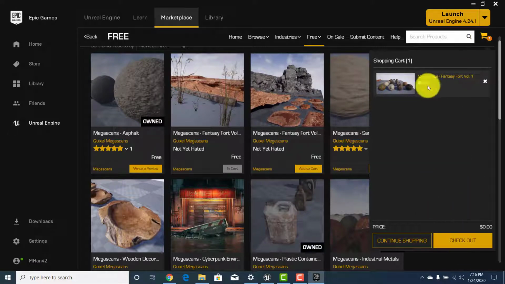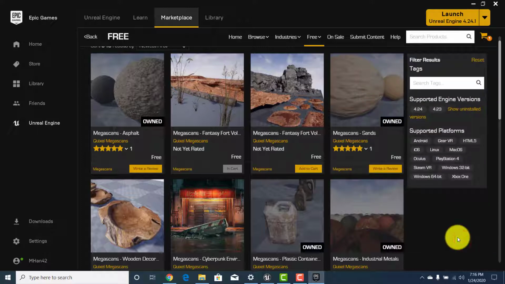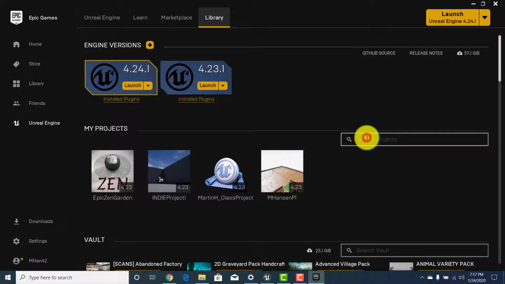Once I've got that in the cart, you can see that I'm not getting charged anything. I'm going to go ahead and click check out. At this point, it's going to say that I own it, and you can see that it has changed and says now that I own it. And if I go into the library and we look for Mega Scans Fantasy Fort Volume, whatever this is, let's go into the library and let's type in